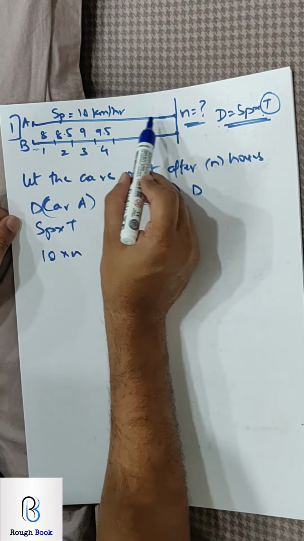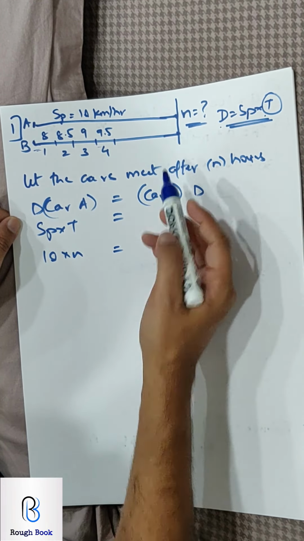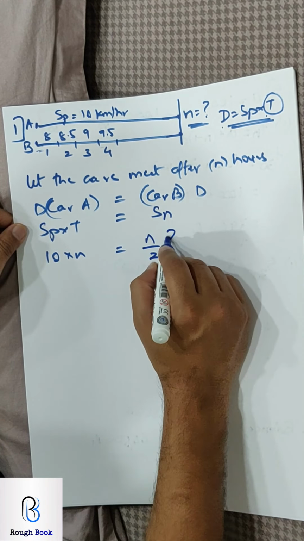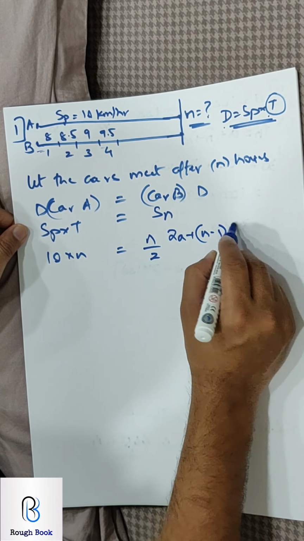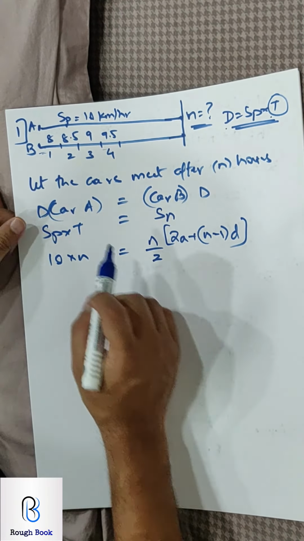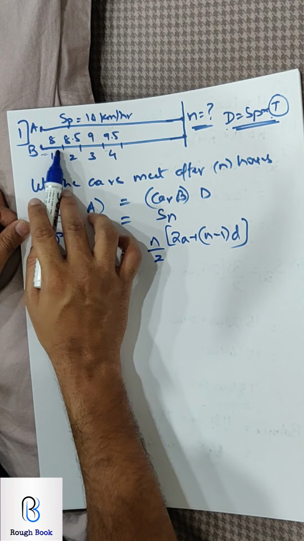So I am supposed to add all these numbers which are in AP. So if I want the sum of all the numbers, what am I going to use? Sn. Perfect. So n by 2, 2a plus n minus 1 into d. Should I repeat this explanation once again? Yeah, pay attention. See, I am trying to find the distance of the first hour.